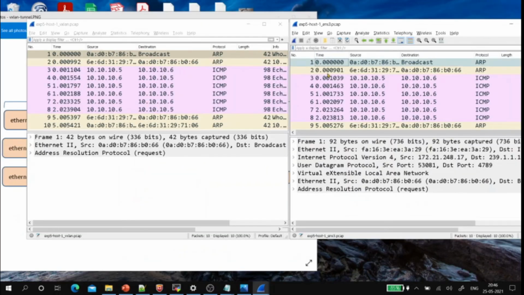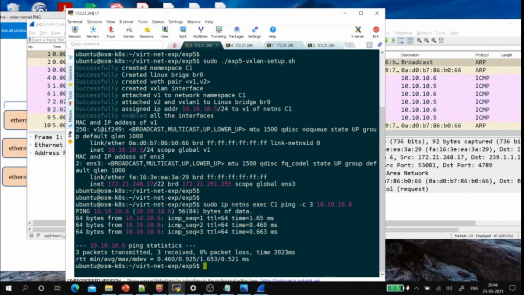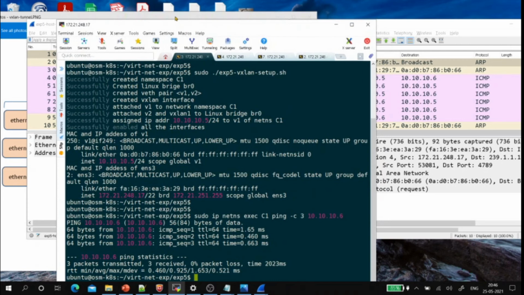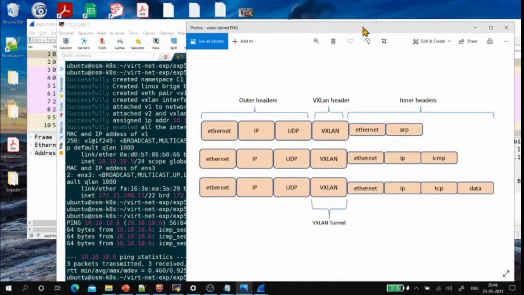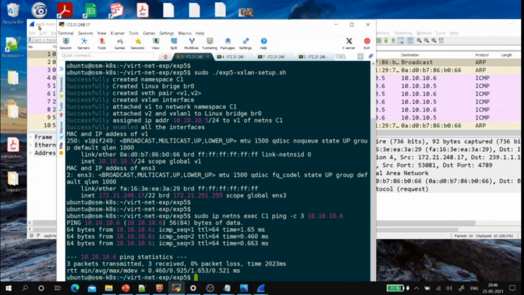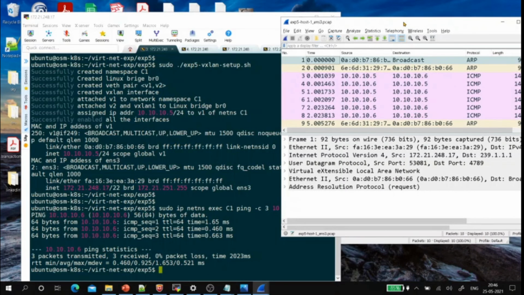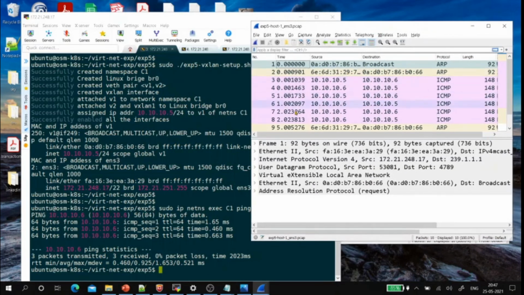So to quickly look at the MAC addresses that we had printed, we will see here. The MAC address of this is host 1's container, right?